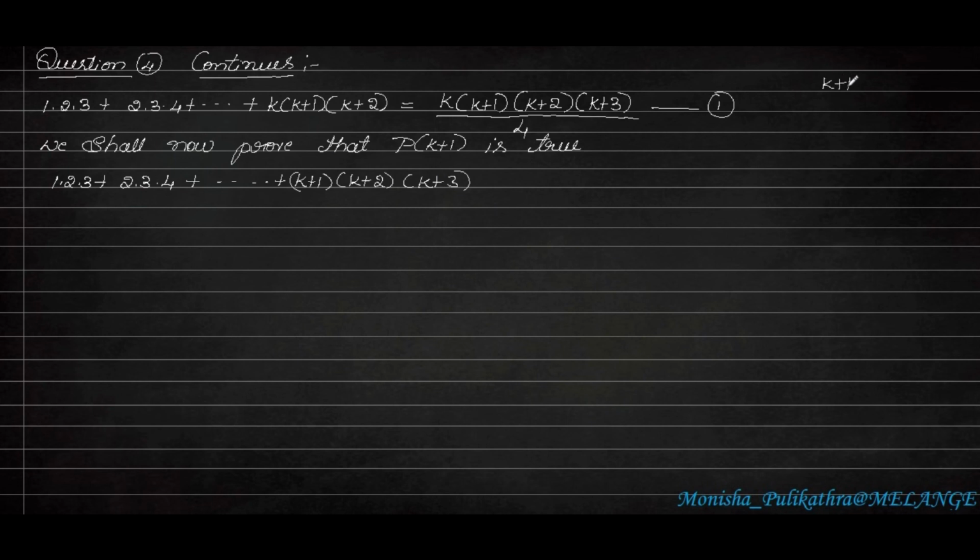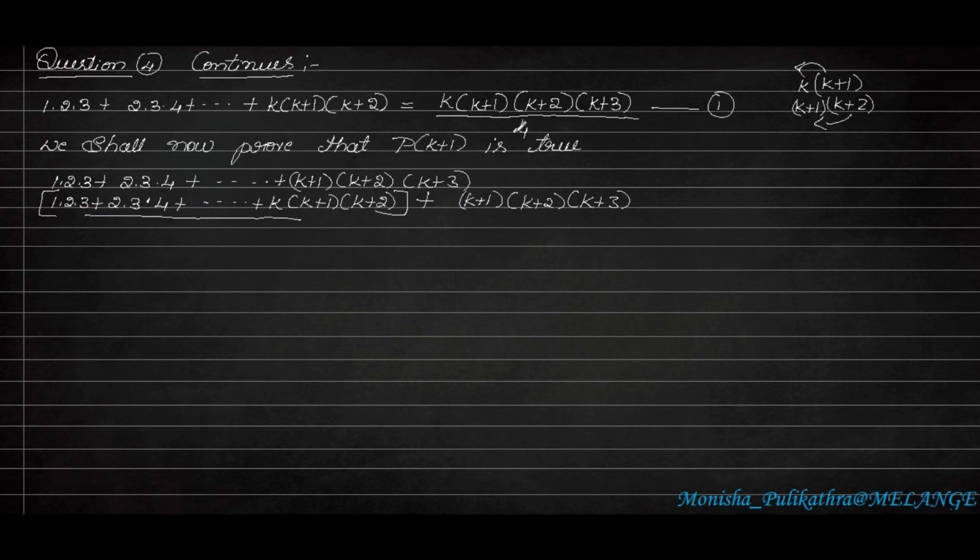If k plus 1 comes, the previous will be k. If k plus 2 comes, the previous will be k plus 1. So if k plus 1, k plus 2, k plus 3 is in the series, in the previous section there will be 1 into 2 into 3 plus 2 into 3 into 4 plus etc. First this will come. Instead of k plus 1, k. Instead of k plus 2, k plus 1 will come. And instead of k plus 3, k plus 2 will come. So after this series, the next k plus 1, k plus 2 and k plus 3 will come. So up to here I will be arranging it as a group.